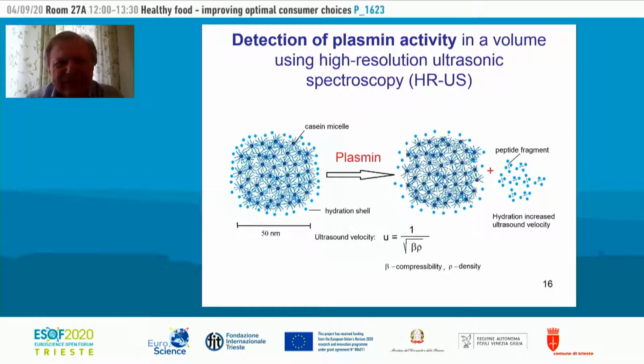If you present casein in a water solution, the casein and other proteins are hydrated. So around each of the casein micelles, a very densely packed hydration shell is formed. When plasmin is added into the solution containing this beta-casein, many short fragments of proteins appear due to the cleavage of casein. In addition, these fragments are also hydrated. As I mentioned, this hydration shell is very densely packed. So